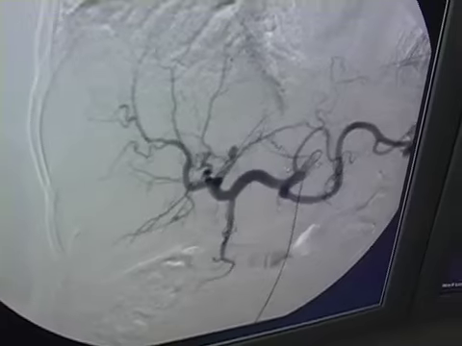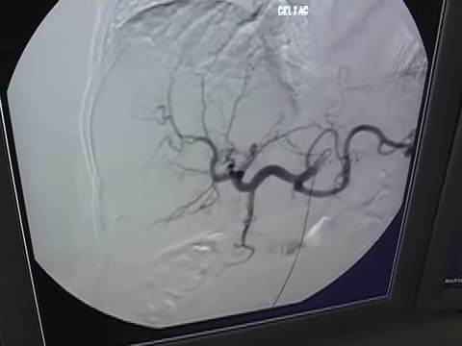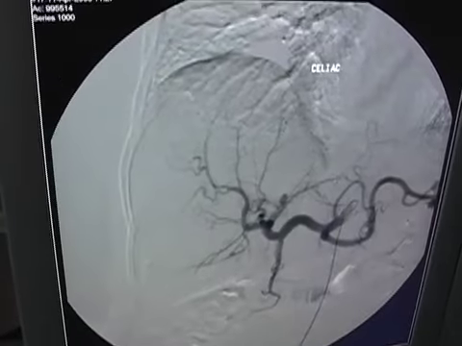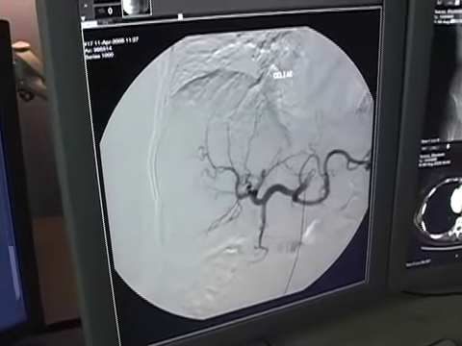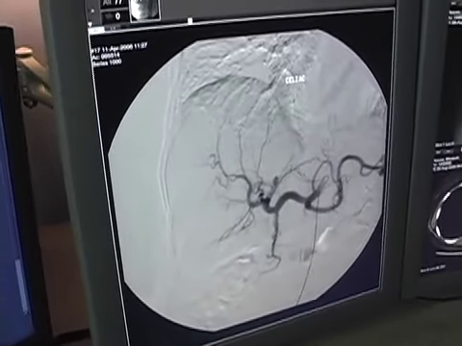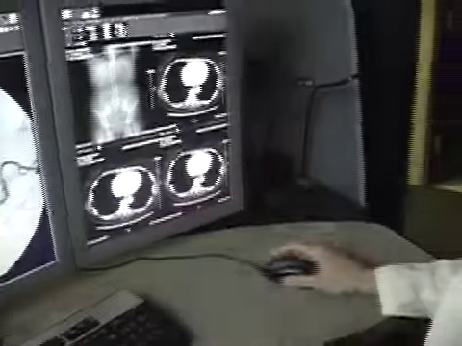That's a procedure where we take advantage of the fact that the liver has a unique blood supply, and the fact that most of its blood supply is from the portal vein with a small contribution from the hepatic arteries. Tumors have a unique biology whereby virtually all of their blood supply comes from the hepatic artery, and we take advantage of that. We're able to deliver very high doses of chemotherapy that would be toxic if given peripherally directly into the tumor, with relatively few side effects, and destroy most of the tumors